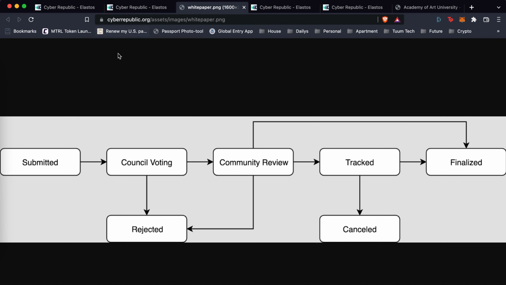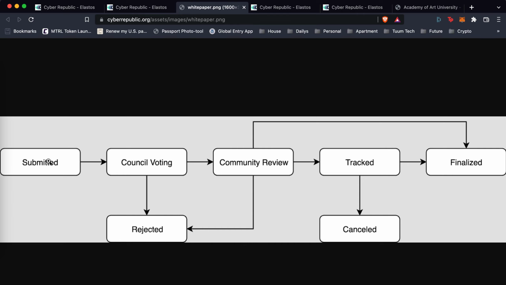So this is the diagram that talks about that here. The first part is, okay, you submit a suggestion. It turns into a proposal. It's basically the submitted status after the proposal owner completes the proposal and signs it. The way that proposals are created on Elastos is that the blockchain keeps track of all the signatures: the original author of the proposal, and the council member who has voted in favor. And so the proposal in this state, as soon as it's submitted to the blockchain,